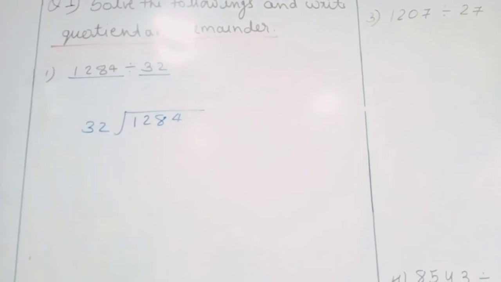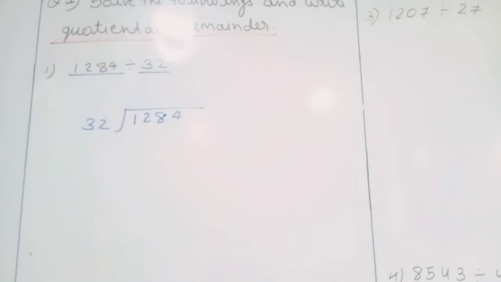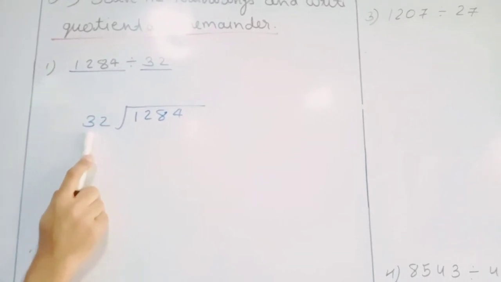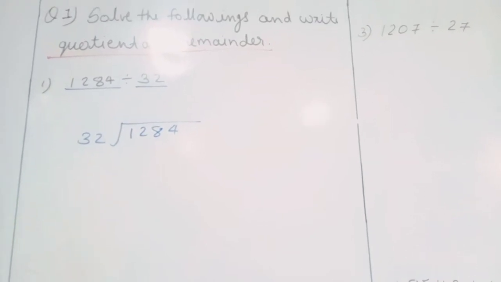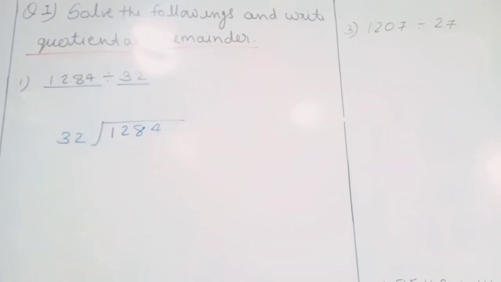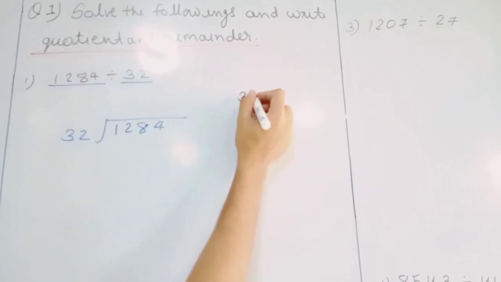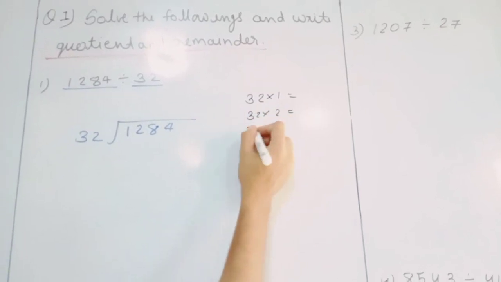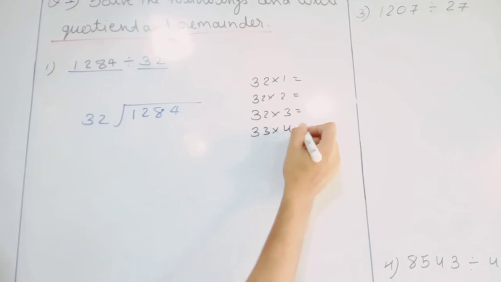If the divisor is up to 20, we can easily read the table. But if the divisor is bigger than 20, it is difficult to read the table of 32 or any other number. So what we have to do is the multiplication at the side: 32 into 1 first, then 32 into 2, 32 into 3, 32 into 4,